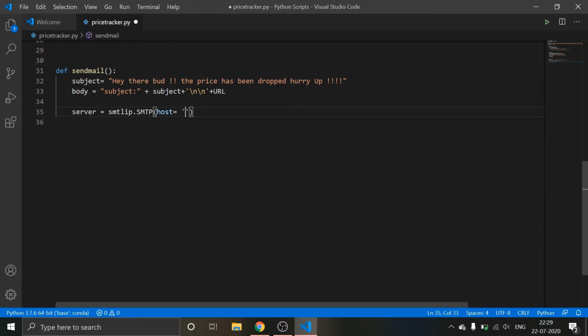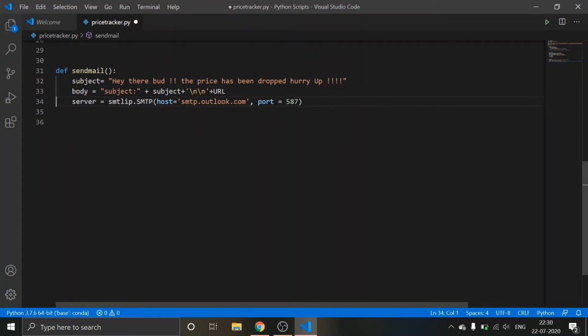You can use Gmail also, but Gmail is a bit more secure than Outlook, I believe, because it requires secondary authentication. So outlook.com, and my port is 587. The port is basically the same for both Outlook and Gmail, so don't worry, but the authentication you have to take care of.